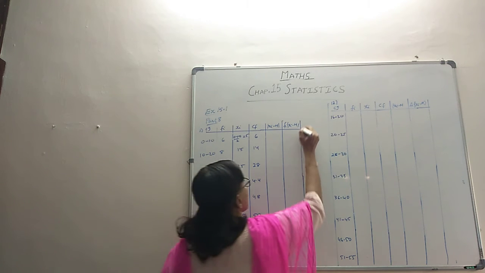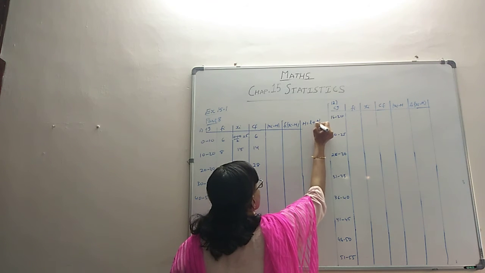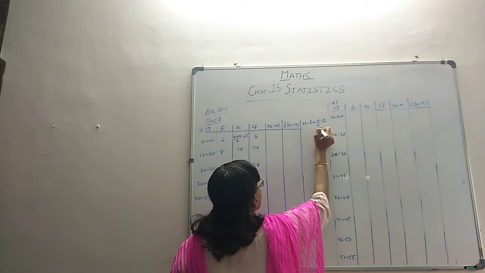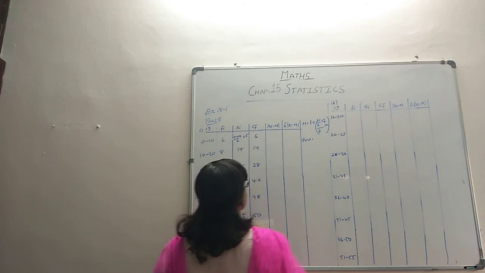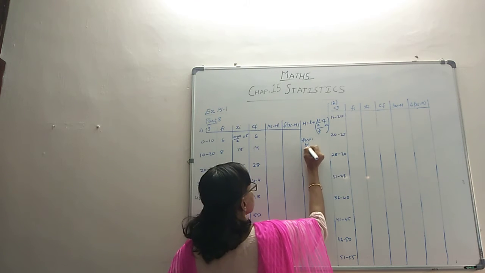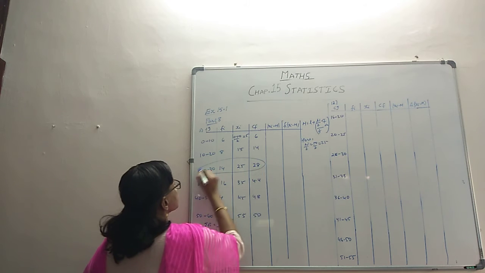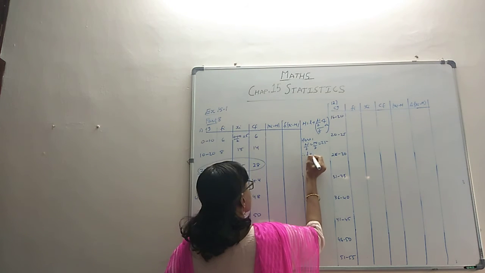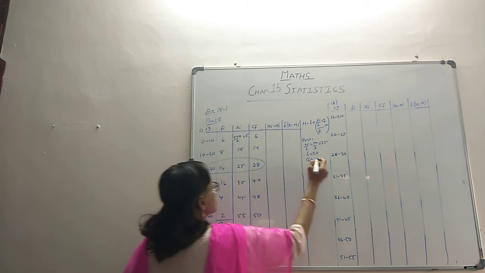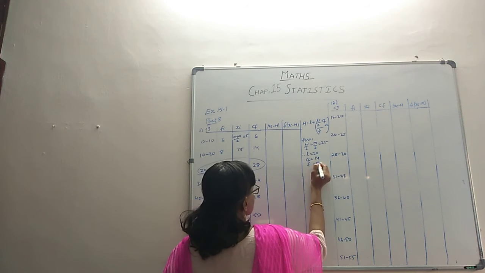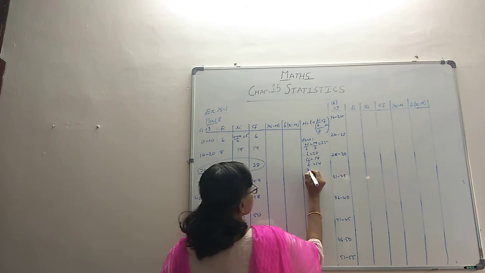Now let us see the median formula. It is L plus (n by 2 minus Cf) by f into h. All these things we have to find out here. First, what is L? For that we should see n by 2, that means 50 by 2, that is 25. See where 25 is lying. It's lying in this class, right? So L is 20, n by 2 we know. Cumulative frequency is that of the previous class, so that's 14, and the frequency of this class is also 14, and h is the class difference, so that is 10.